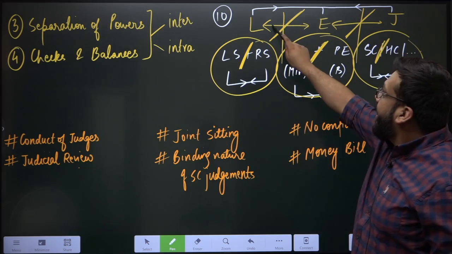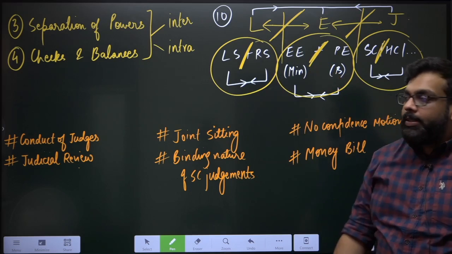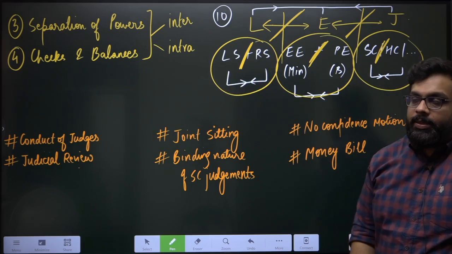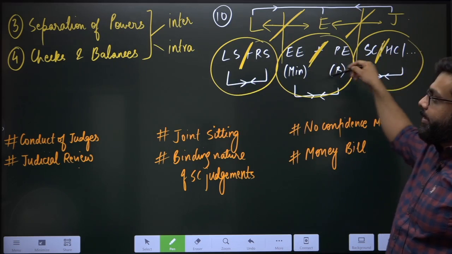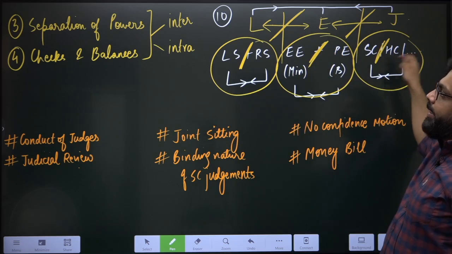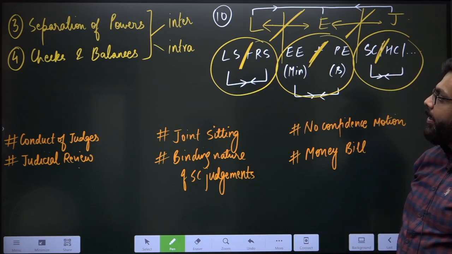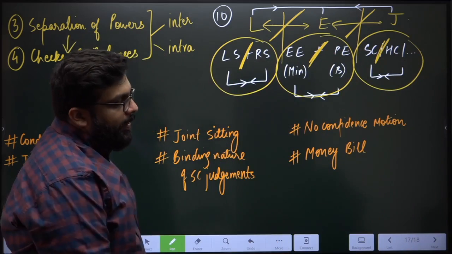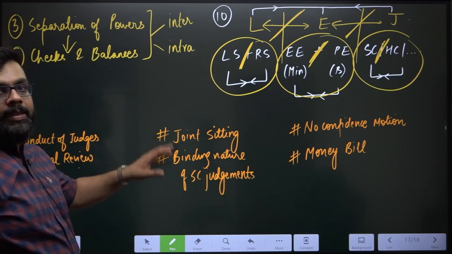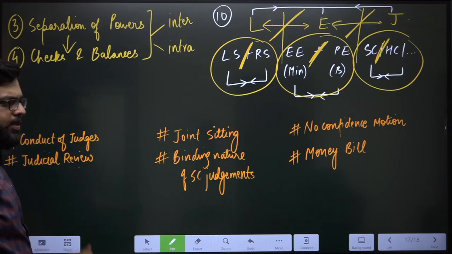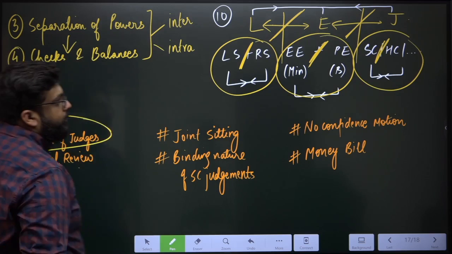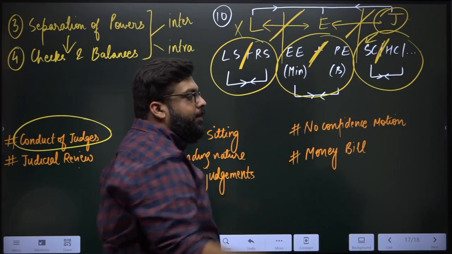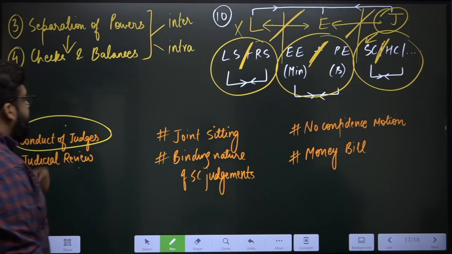Inter-checks and balances. L, E and J keep a check on one another. Internally, they also keep a check inside on one another. So inside L, E and J is intra, between L, E and J is inter, right? Now because there is separation of powers, there will always be checks and balances, so that there is an efficient parliamentary democracy. I'll give you a simple example. The conduct of the judges, Supreme Court judges, cannot be discussed in the parliament unless you're removing the judge. Inter